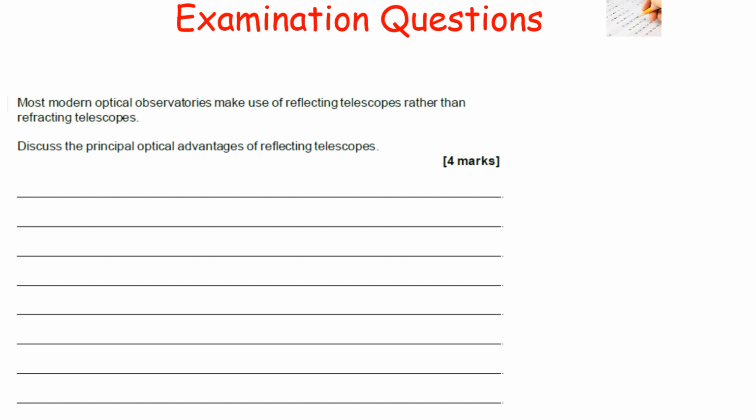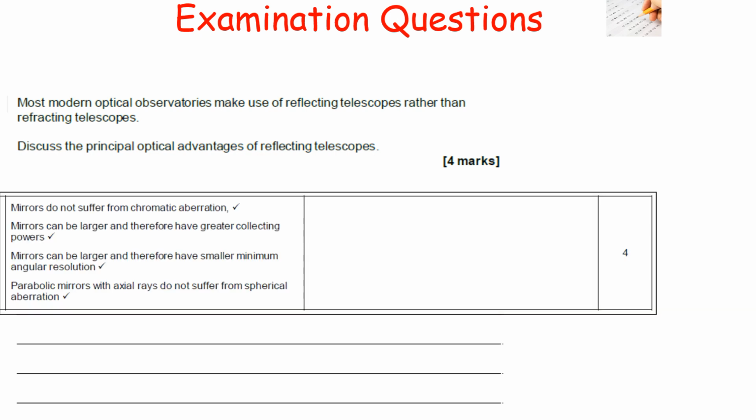Right, it's very important that you are able to describe the advantages and disadvantages of reflecting telescopes and refracting telescopes. So let's just have a look at the two of them. The first thing to understand is as follows, that your reflecting telescopes will not suffer from chromatic aberration. Chromatic aberration occurs when light with different wavelengths refracts through a lens, and because the different wavelengths or colours will have different